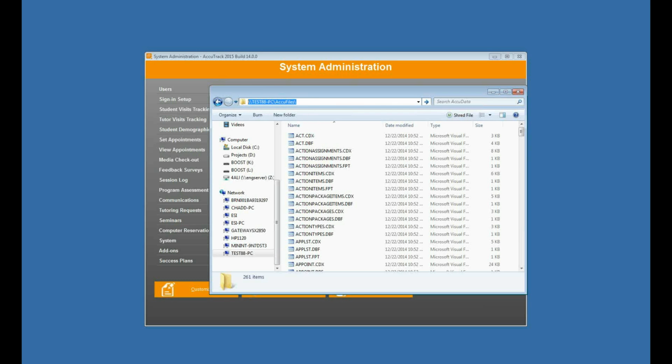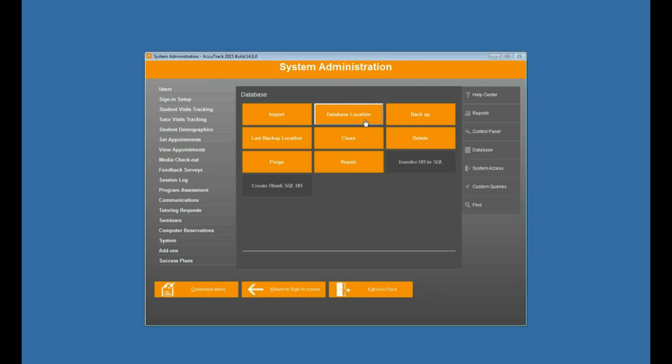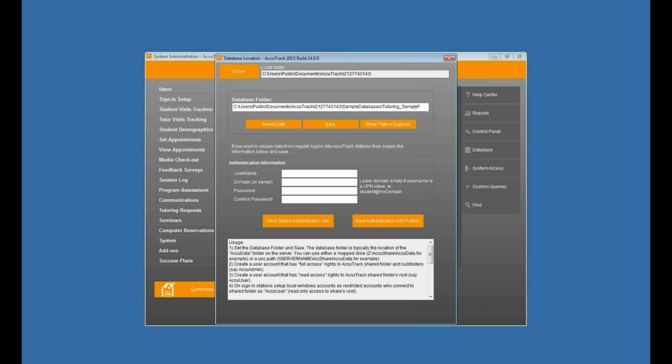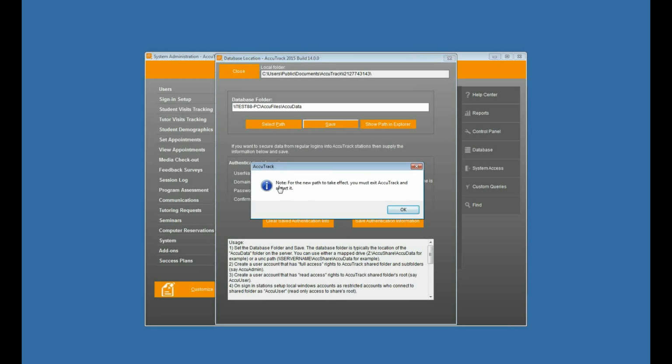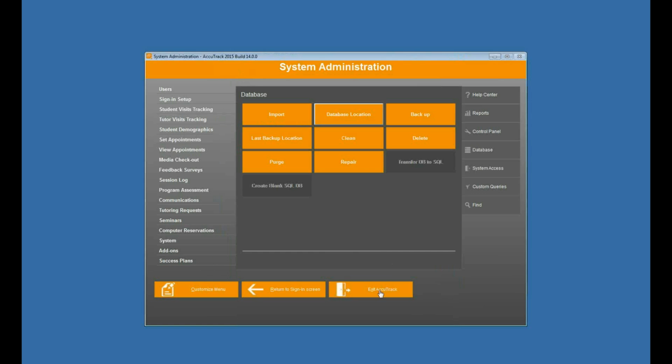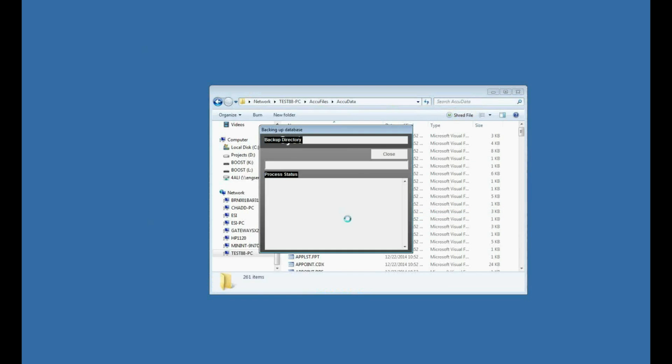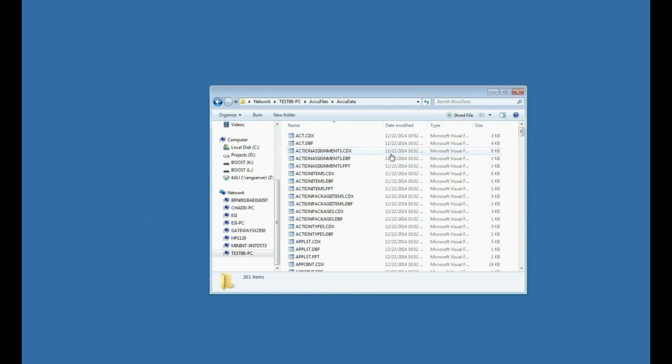Okay, but using a UNC path, I can copy this path, and that's my entire UNC path to my database. So now I'll go to database location, I'll highlight that and delete it, and then paste in my network path. It says for changes to take effect, you must restart AccuTrack. Okay, so I'll exit completely, and then I'll reopen it,